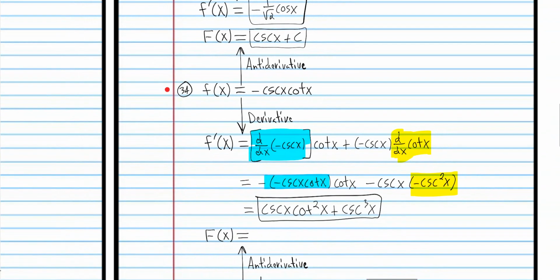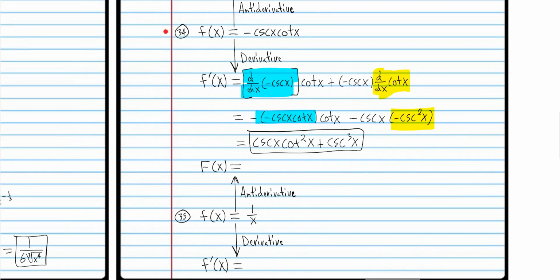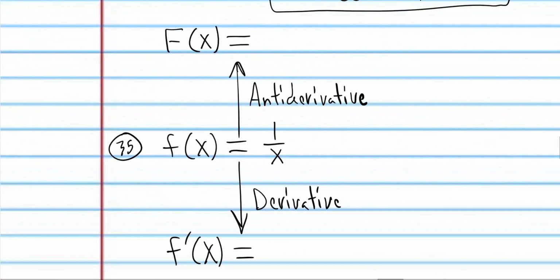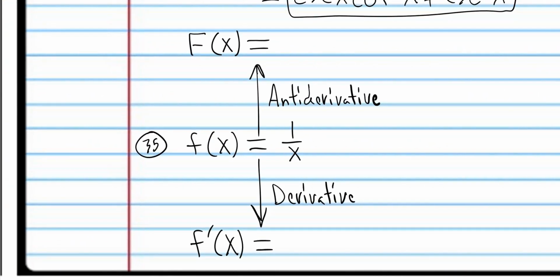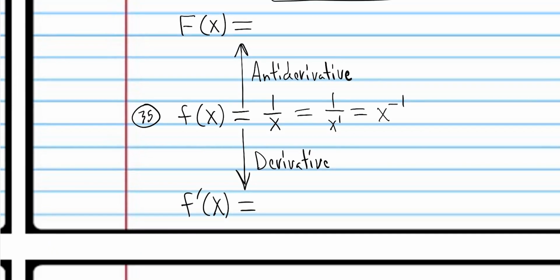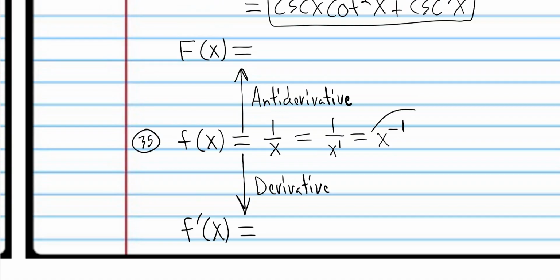All right. So let's try another one here. This is kind of another trick problem. It's a tricky thing here. A lot of students would look at this and say, "Well, I need to change it to an exponent." Oh, we have 1 over x to the 1 power. Using exponent rule number 8, we have x to the negative 1 power. All right. And when I find the derivative,